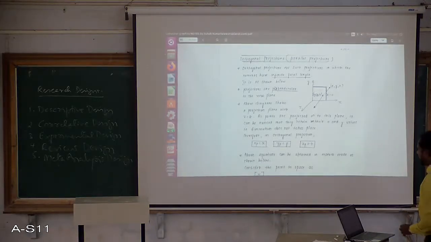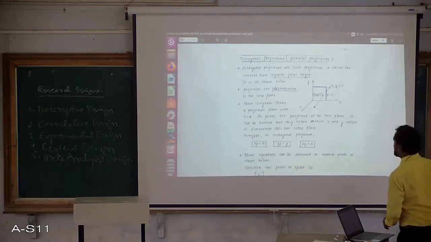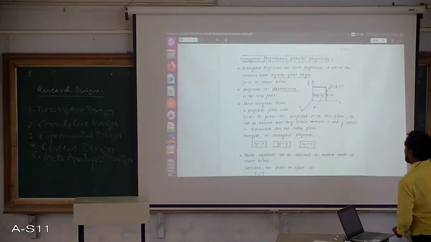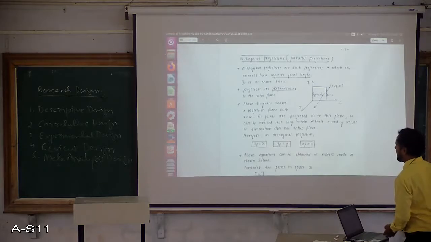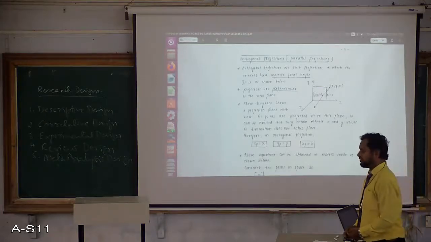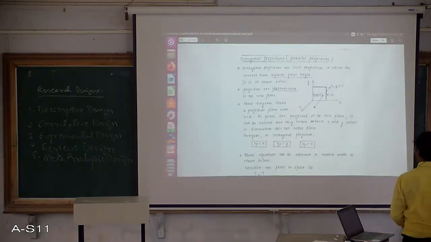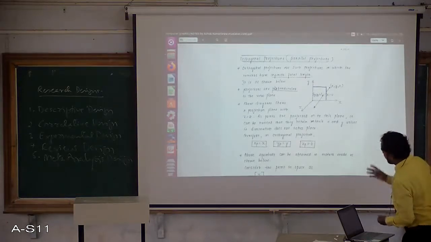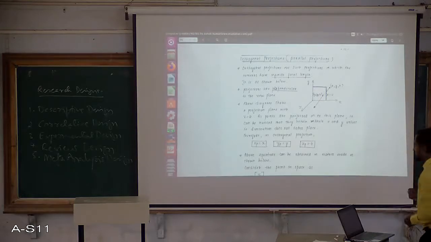The diagram shows the projection plane with the Z value equal to 0, and the points are projected onto this plane. It can be noticed that they retain their X and Y values without change, and the diminution doesn't take place because there is no reduction in the size of X and Y, so the object remains the same throughout its view.